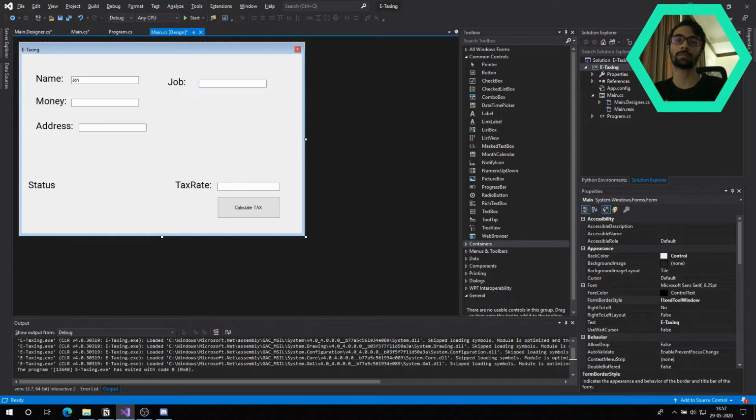So hey guys, in the last video we made our functionality of calculating the taxes, and in this video we are gonna see how checkboxes work and a few more things like making our application quit, like making a custom close button. So these two things are gonna be in this tutorial,